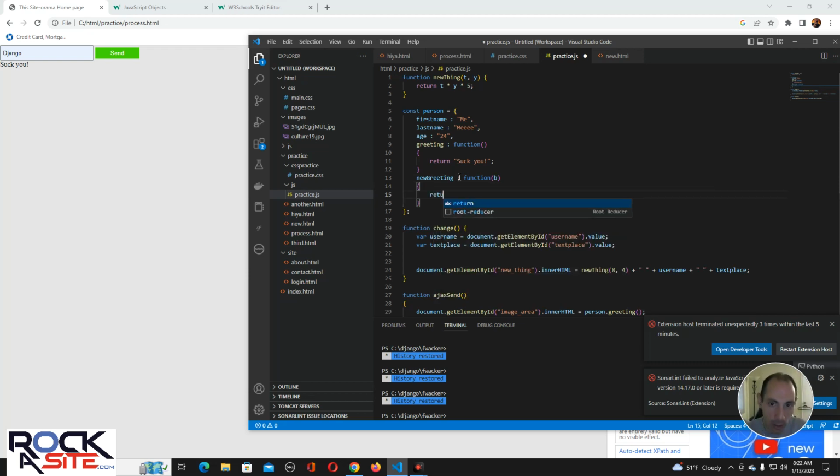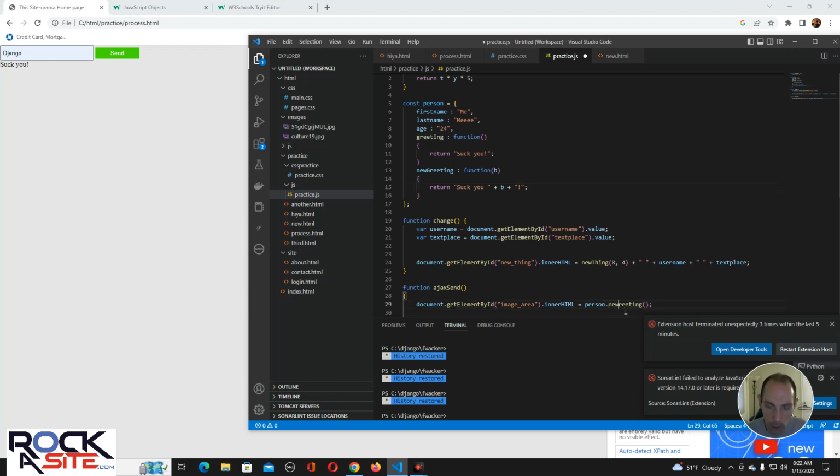And we can say return suck you concatenate B, concatenate exclamation point plop. And now we can say new greeting, and we'll just put variable